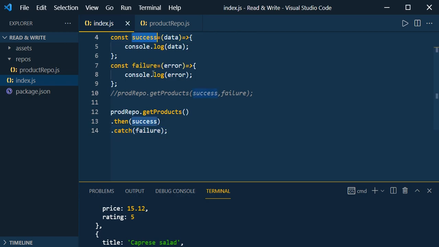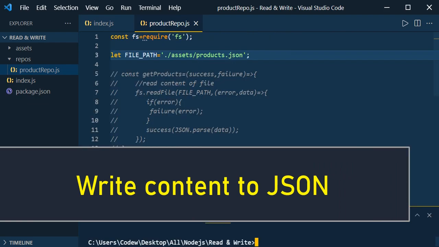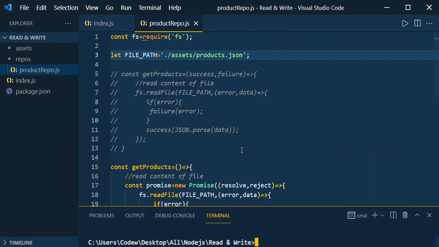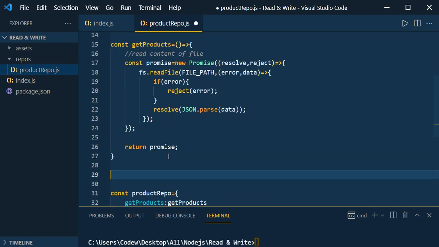So this is one handler and this is one handler, and we are attaching them to the then and catch methods. And now we have seen how to read the content from the JSON file. Now let us see how to write the content back to the JSON file. So let us create another function called const createProducts equal to, and again we are going to use